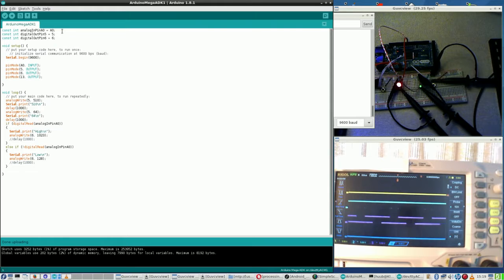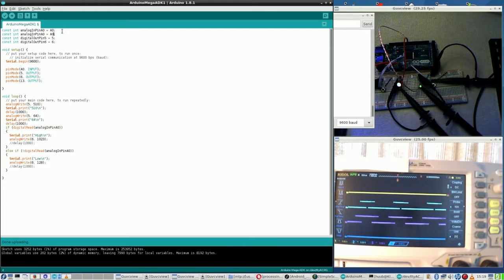I really have to add it, A1, and then say else if not physical but digital, read analog in pin A0,